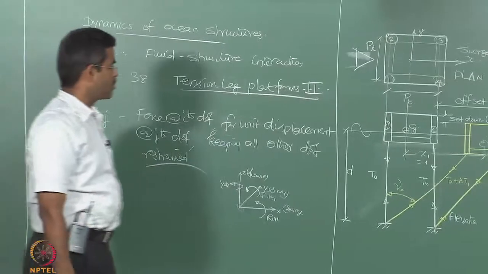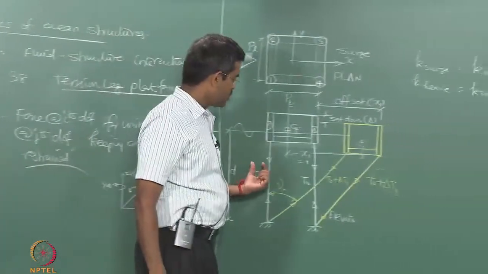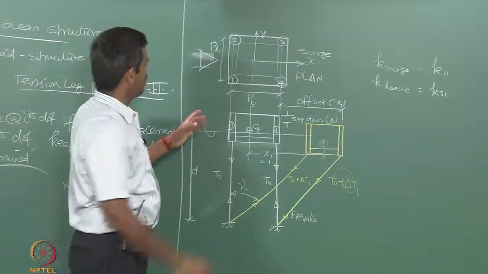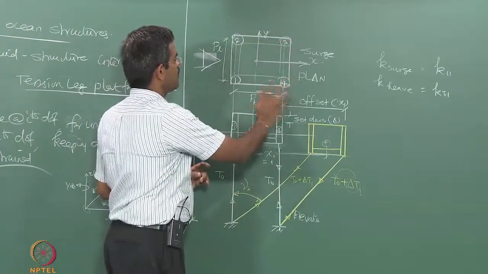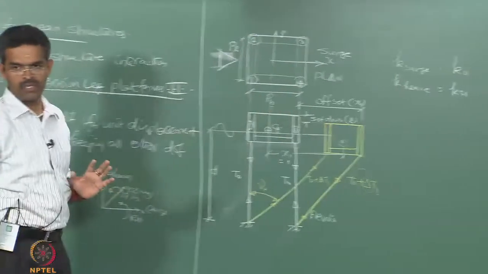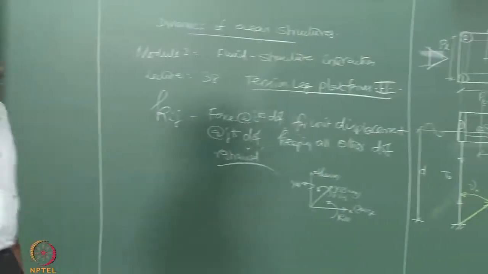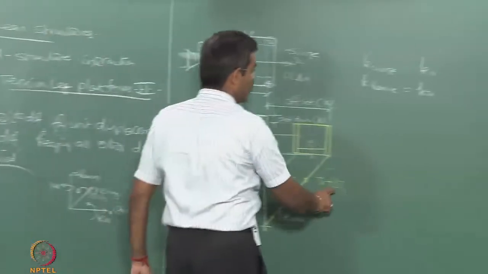One can ask me why you are not bothered about the tethers. We are not talking about tether displacement, we are not talking about the hull separately, we are talking about this as a rigid body motion. The pontoons, the columns and the deck move together as a rigid body, they do not move separately. So, let us quickly find out the increase in tether tension delta T1.